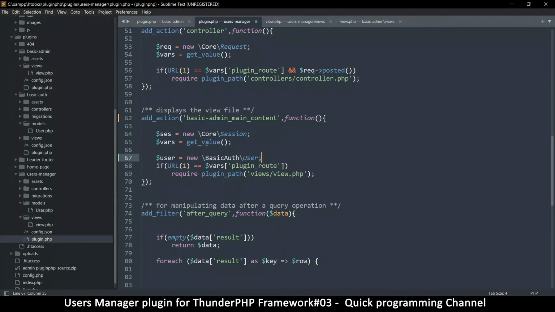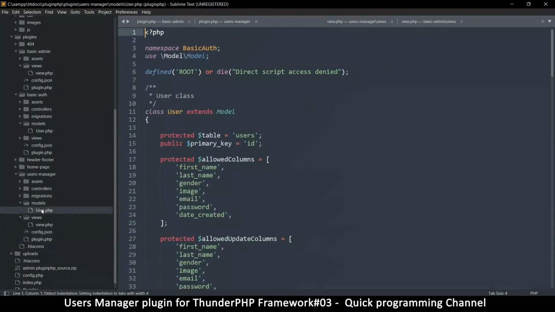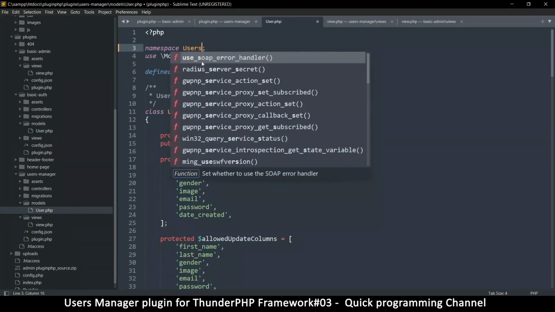But keep in mind that we've just copied this to another plugin. So we don't want it to have exactly the same namespace as this other one here, because if you instantiate them twice or you load both of them at the same time, you will have a problem. So here we will call this one users